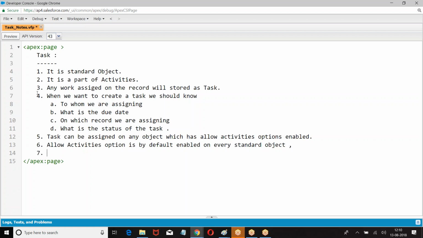On custom objects, it is an option. Right. Then task can be assigned to user, role, owner.